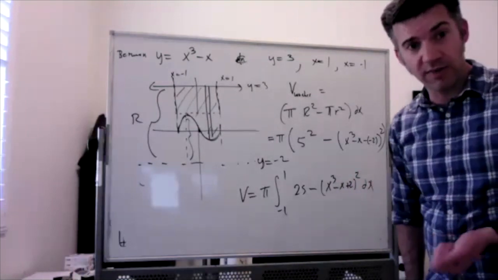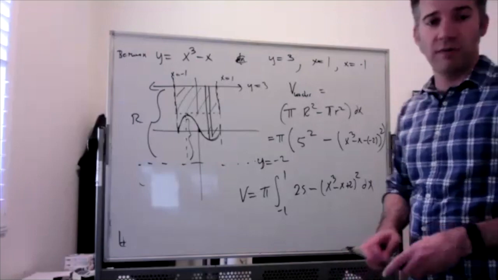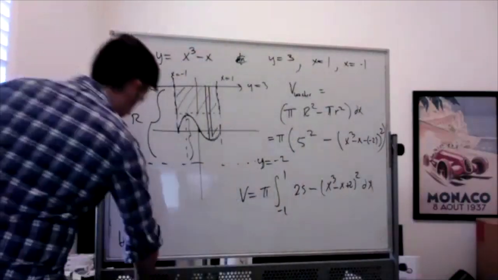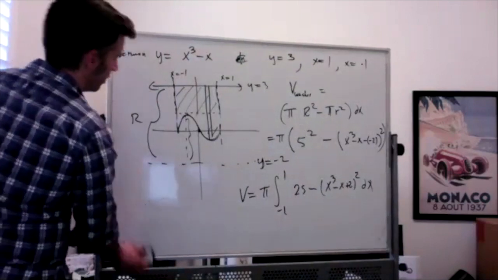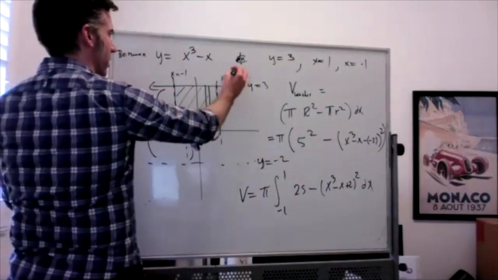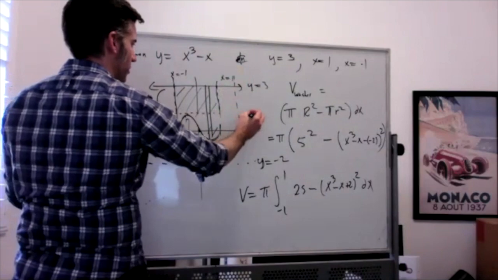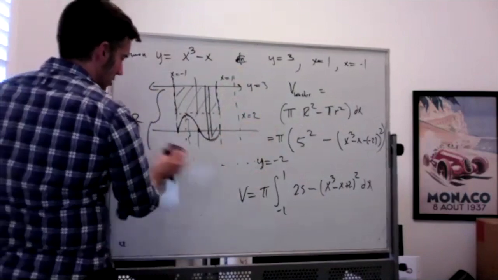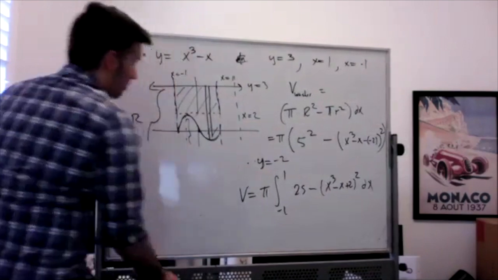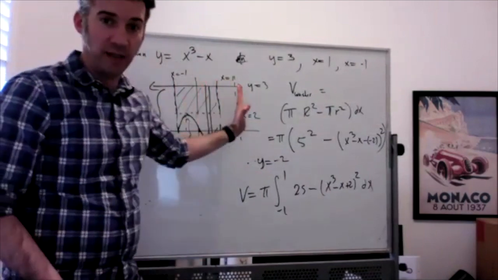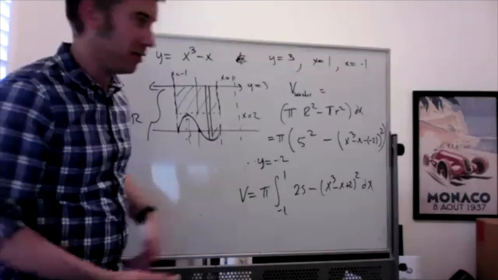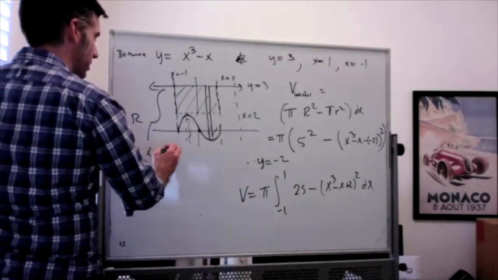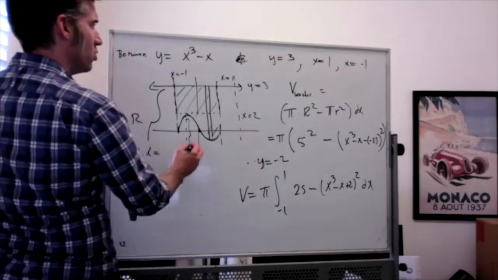On the other hand, if someone said, James, instead find the volume of the same solid revolved around the line, say, x equals 2, well, I'm still stuck using a vertical strip. But now since my strip is parallel to my axis of rotation, I have to use the shell method. So if I'm going around x equals 2,